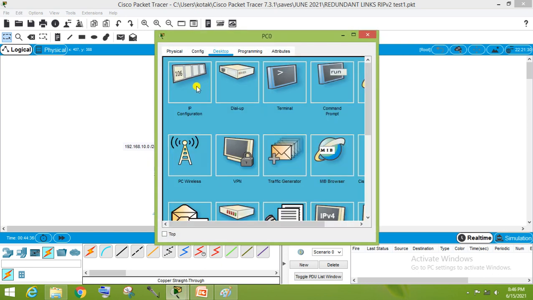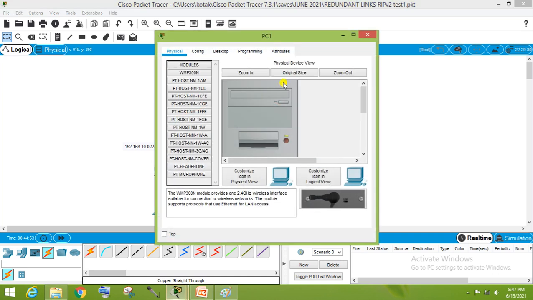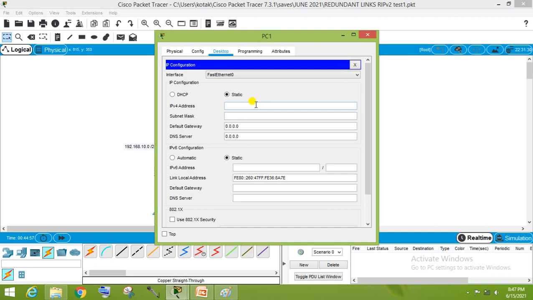Go here, IP configuration. I am giving static IPs currently. 192.168.10.3. What is the gateway? 192.168.10.1. Go here. 192.168.20.3.